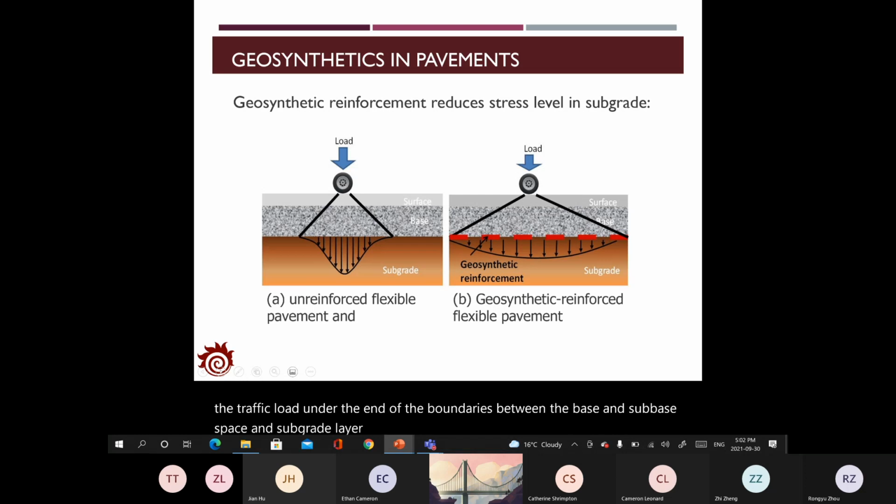For the flexible pavement, if you don't apply any reinforcement from the geotextile, then you will see that the distribution of the stress is more concentrated, and for the point directly behind the tire, the stress is very high, and this will potentially cause a very high deformation at the subgrade layer, and it will potentially result in rutting or fatigue cracking, and the other type of bottom-up cracking, all this type of distresses